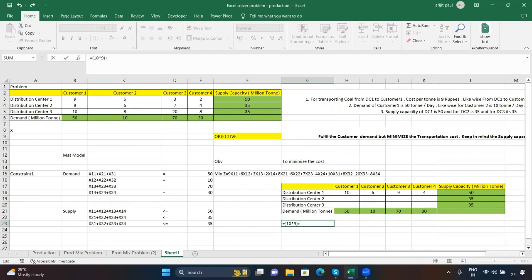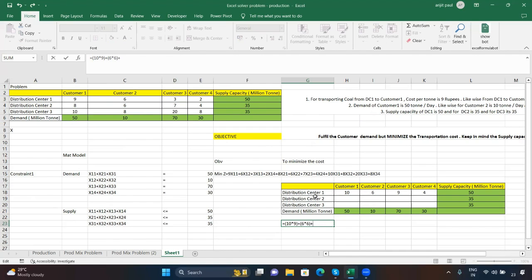Okay. Similarly, how much ton of coal we transport from DC1 to customer 2? That is 6. That is we can mention here as a 6. Multiply to it. What is the cost to transport that coal from DC1 to customer 2? That is also 6. Then we can mention 6 into 6 plus,